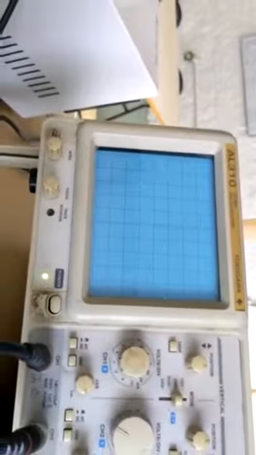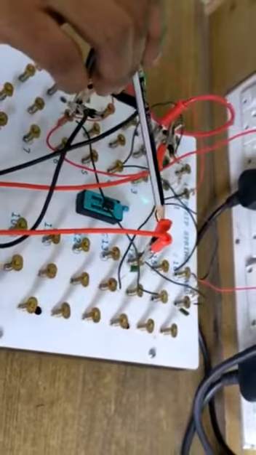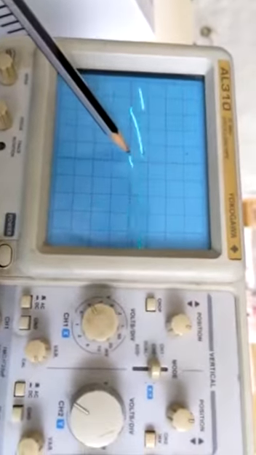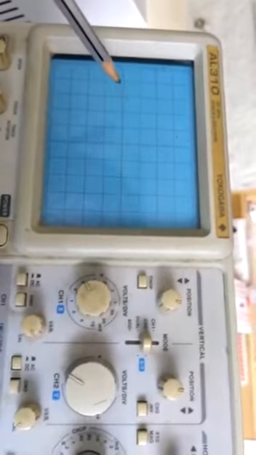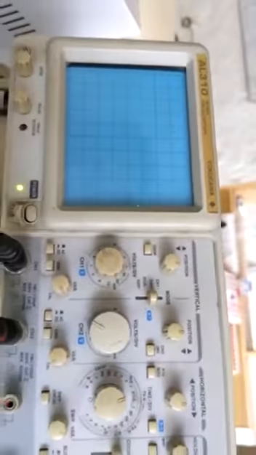You can see it here, it is from pin 6. I measure the threshold capacitor voltage, and I connect the probe here to pin 6 with respect to the ground. So I get the threshold voltage. This is going to be the charging of the capacitor. This should not exceed 2/3 of VCC. My VCC is 5 volts, so 2/3 of VCC should be the maximum value. So I have noted down the value.